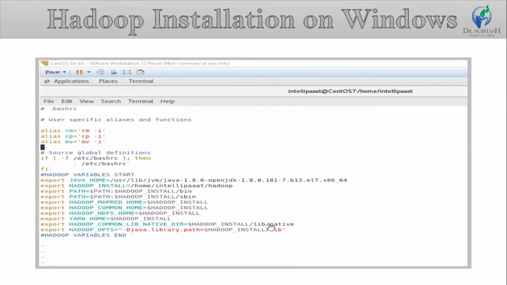After writing the code, press escape on your keyboard and write the command wq. This will save and exit you from the VI editor. The path has been set now, as you can see in the image.